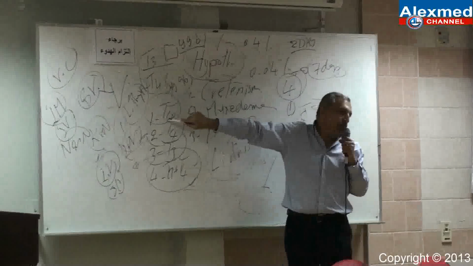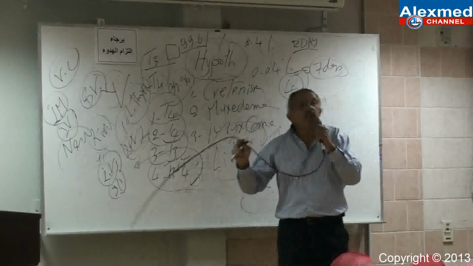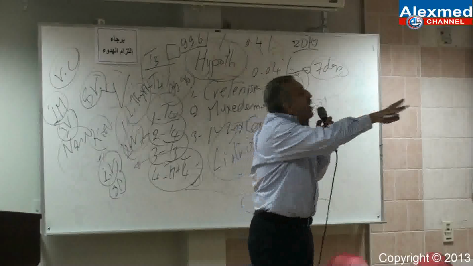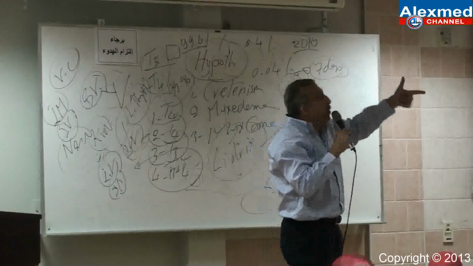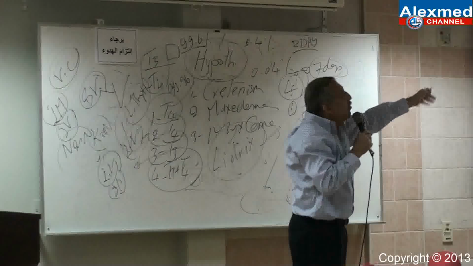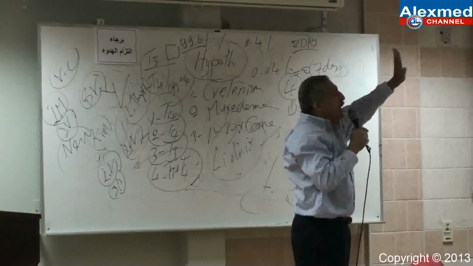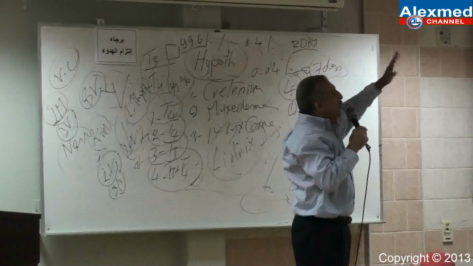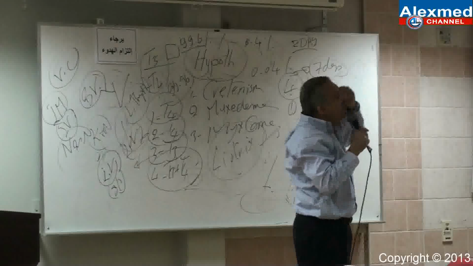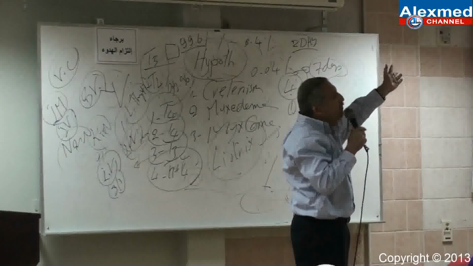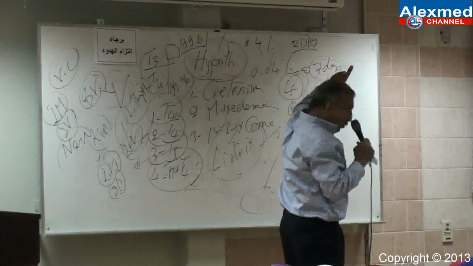Failure of response to T4 alone. We try T4 first, and this is very common to use in any hypothyroid state. I'm going to give the patient T4 first, levothyroxine tablet, and let us see what will happen. After a time of increasing the dose, there will be no effect. So I'm going to combine T3 and T4. Okay?